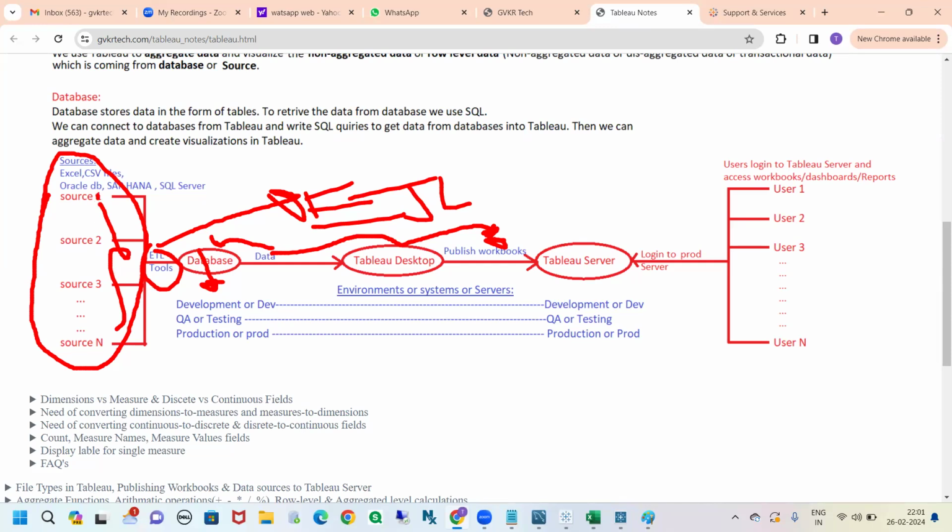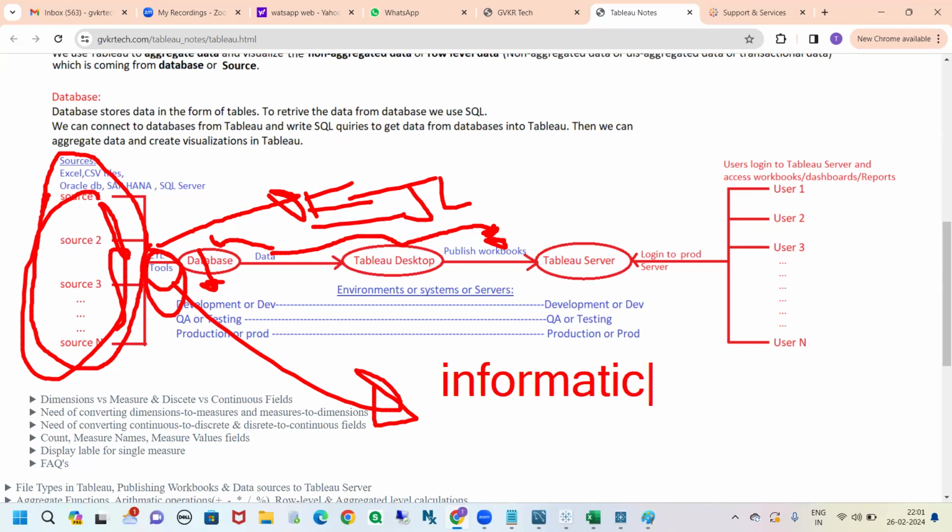They will dump the data from different sources into this database using ETL tools. So here I want to say one more thing. We have different ETL tools. The most widely used ETL tool is Informatica. From Informatica, we can connect to source one, source two, and source three, and we can connect to all these sources from the Informatica tool, and finally dump the data into the